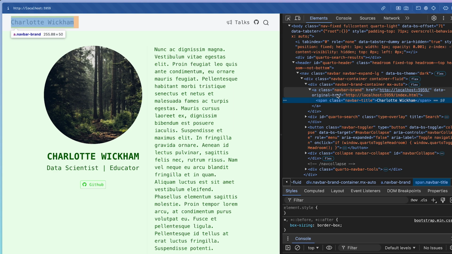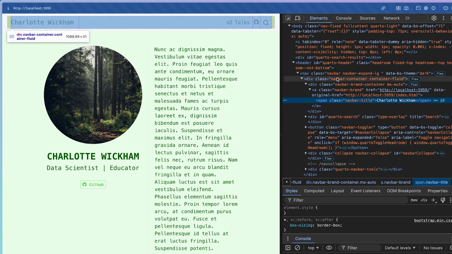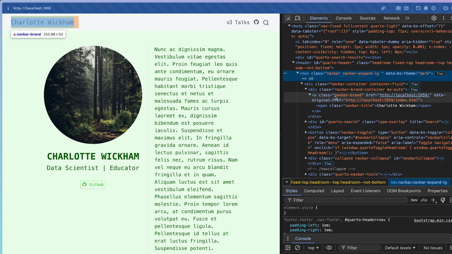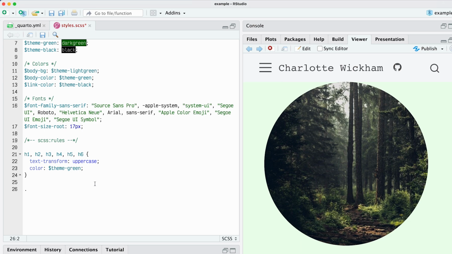And we notice that if we go up here in the hierarchy, everything is in this nav bar that selects everything up here. So now we have the nav bar. We can go back down and say everything with the nav bar class should have the color. And here we say red then. And updated, but nothing happened.